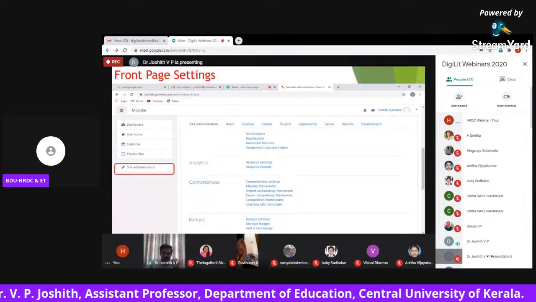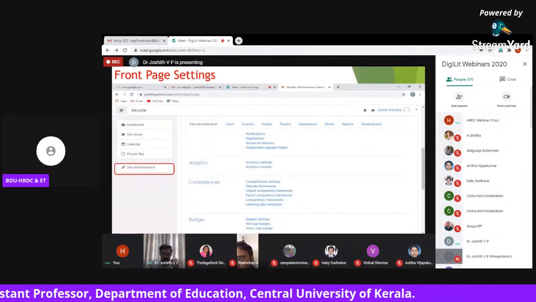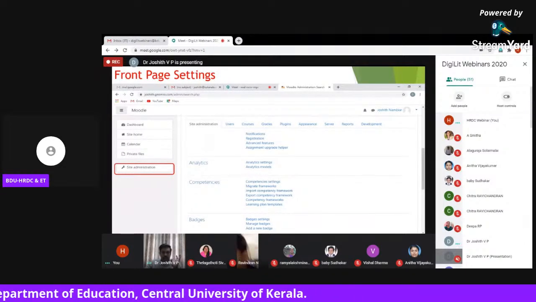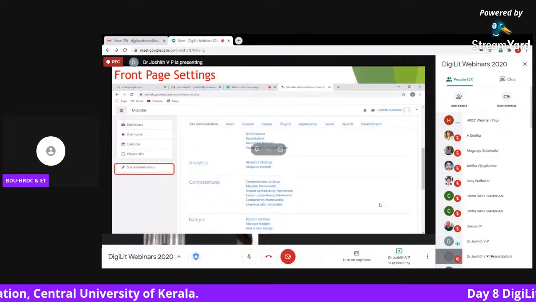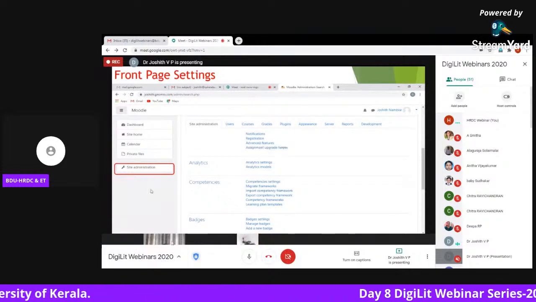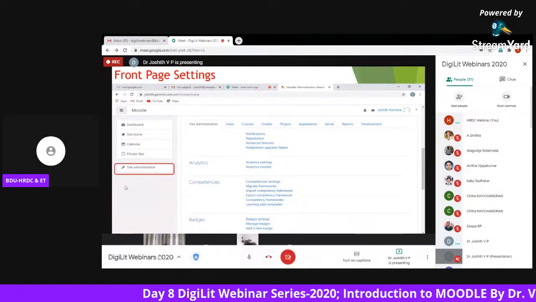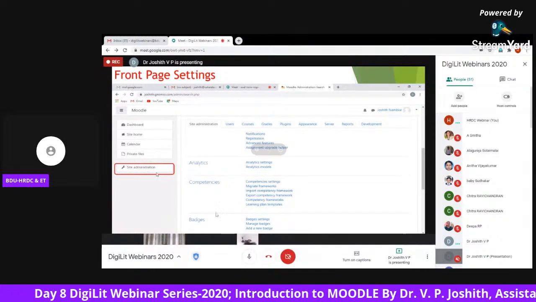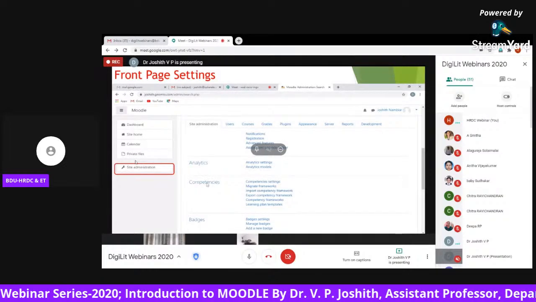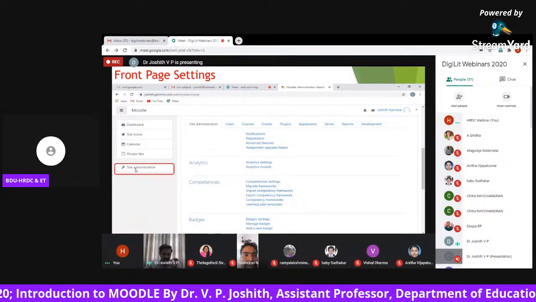Now, first task again we are going to do. For every change that you want to do at this site, you have to start from site administration. Please do not forget this. Everything that you want to do at this site, you have to start from site administration.